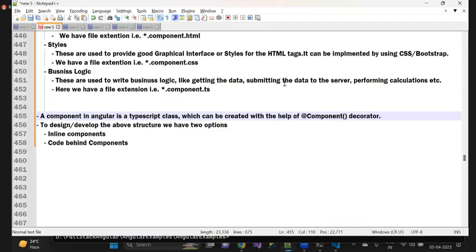Now here you will get another question. Srikanth, what is a decorator here? What is a decorator? That means everything you can take,